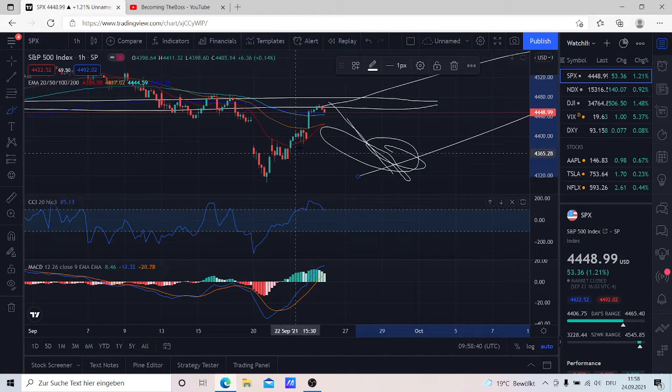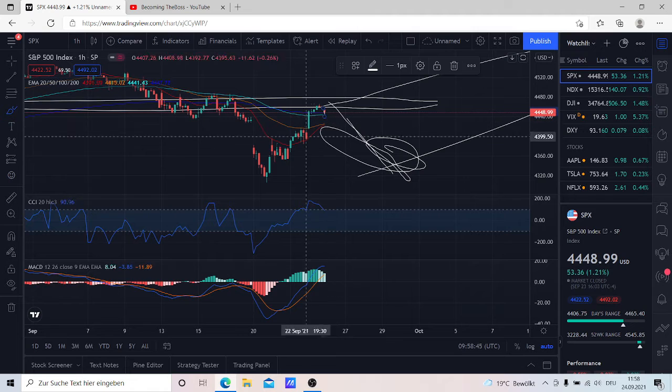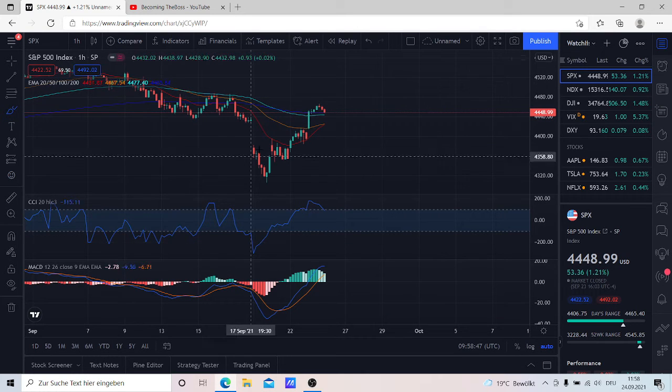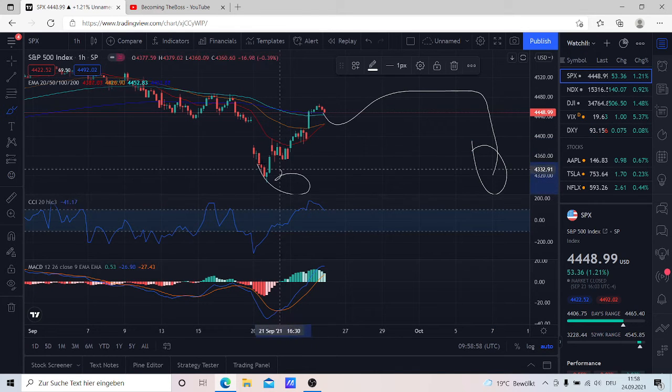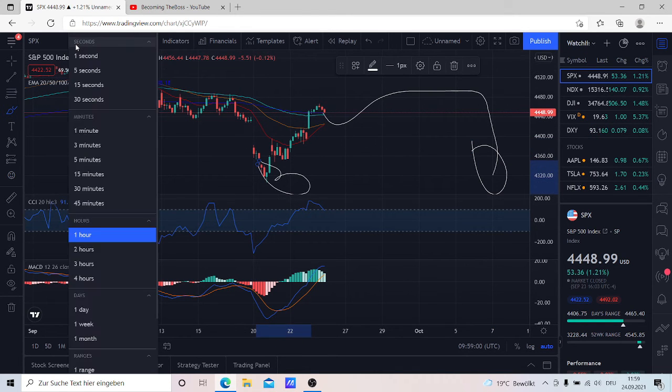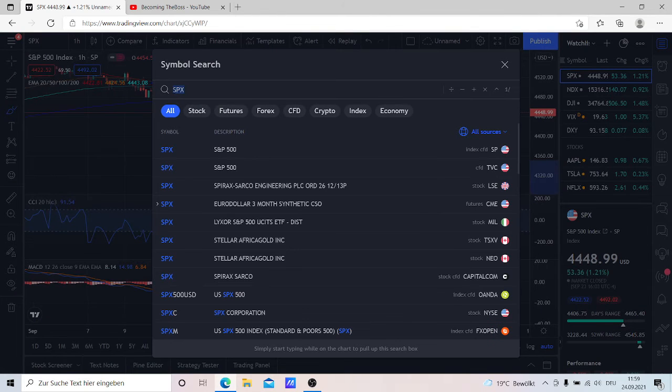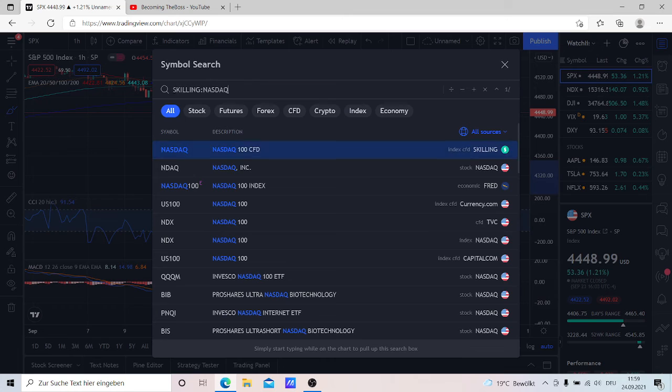Looking at the 1 hour chart, well, here it seems like, since we are here above all EMAs as well, we might consider to go higher from here, but if we then manage to turn around, I would be a buyer. Because this chance here to buy was obviously a great one, but we might see a second pullback. Now taking a look at Nasdaq as well,